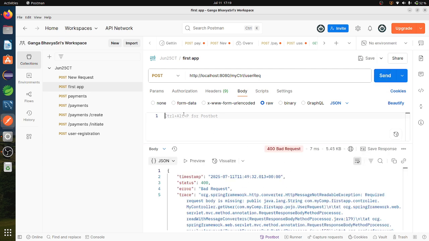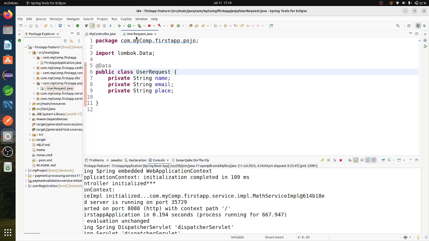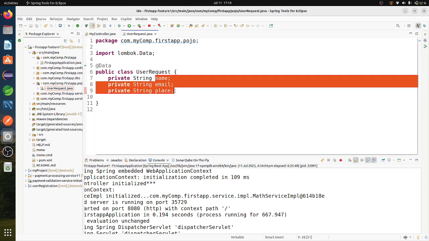If I want to pass the request as request body, then I have to take the data in JSON format. It has 3 values: name, email and place.